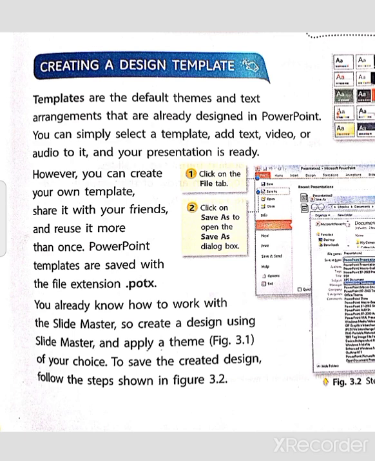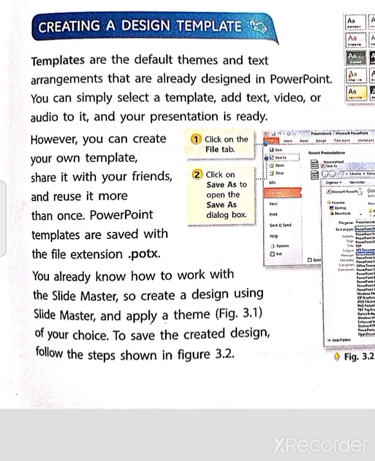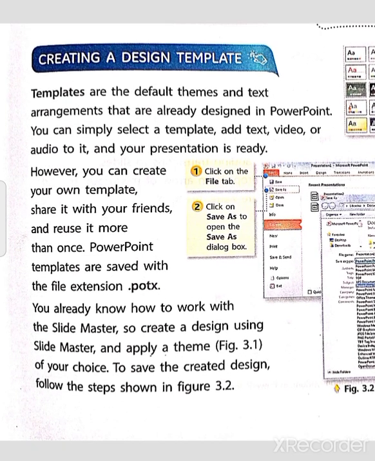You can simply select a template, add text, videos, audio to your presentation, and then your presentation is ready. However, you can create your own template also, share it with your friends and reuse it more than once. PowerPoint templates are saved with the extension .potx. Remember this thing, the extension for saving a PowerPoint template is .potx.